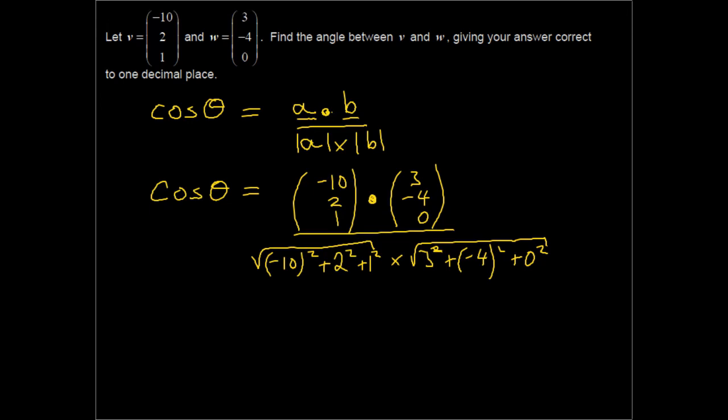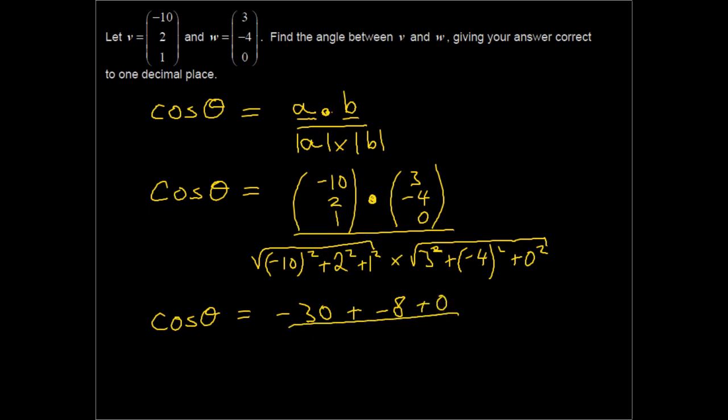So if I work that out, when you do the dot product, you multiply this number by this number, and then add it to this one times this one, and then add it to this one times this one. So that means cos theta is going to equal negative 30 plus negative 8 plus 0